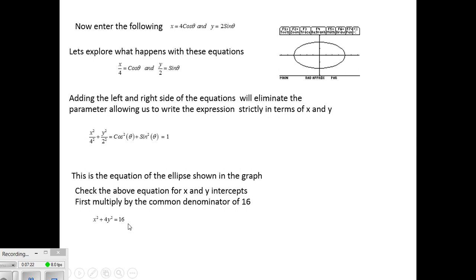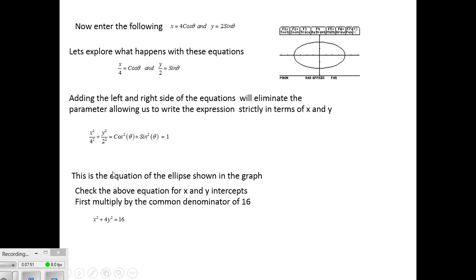things of that sort and asked you to graph by finding the intercepts of each. Well, to find the x-intercepts, you set y equal to 0, so you got x squared equals 16, so the intercepts on x are 4 and negative 4. Likewise, to find the y-intercepts, set x squared to 0, and you find the intercepts on y are 2 and negative 2. And so that's what we would find up here. Okay,